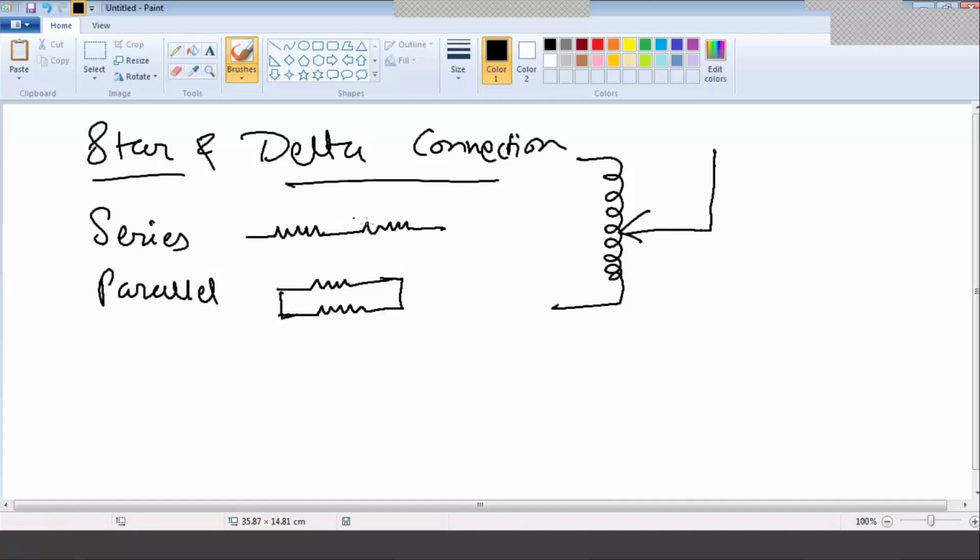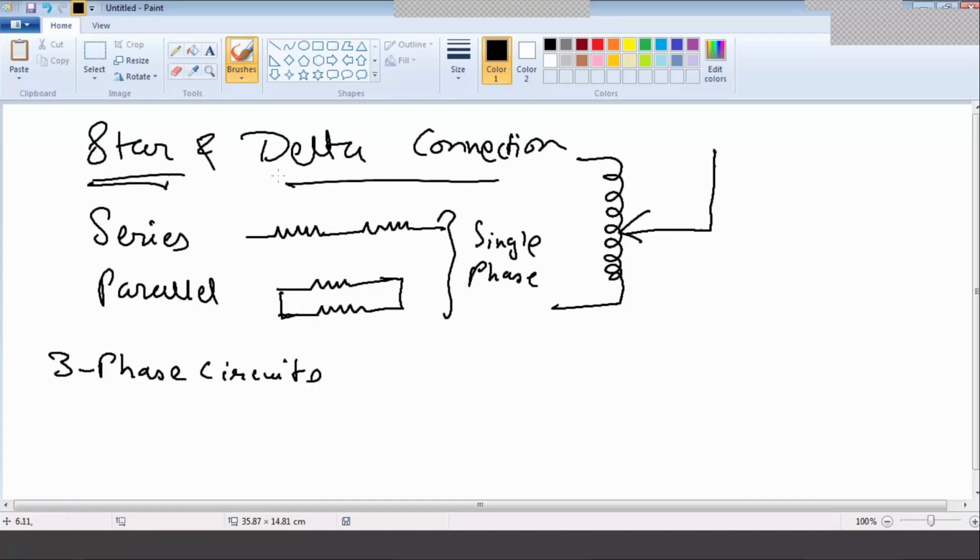So this is for single phase circuits. Now if you have three phase circuits, you can connect the three phases either in star connection or in delta connection. If you are connecting like this, one end of each phase is connected to a common point.